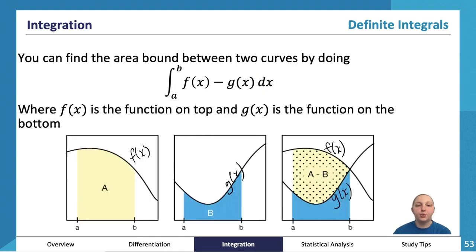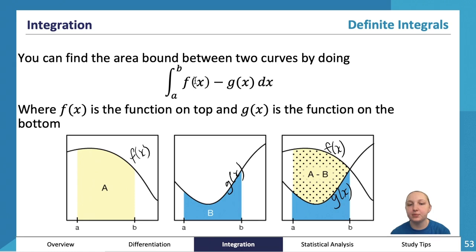Okay, so now looking at finding areas bound between two curves. So you can find the area bound between two curves between two values. So b and a can be any two x values. Just a little side note, always remember that whatever you put on top is the bigger x number, and whatever you put on the bottom is the little x number. Again, to me, that sort of makes sense, like the bigger number goes on top, the little number goes on the bottom. But in order to find the area bound between two curves, all you do is